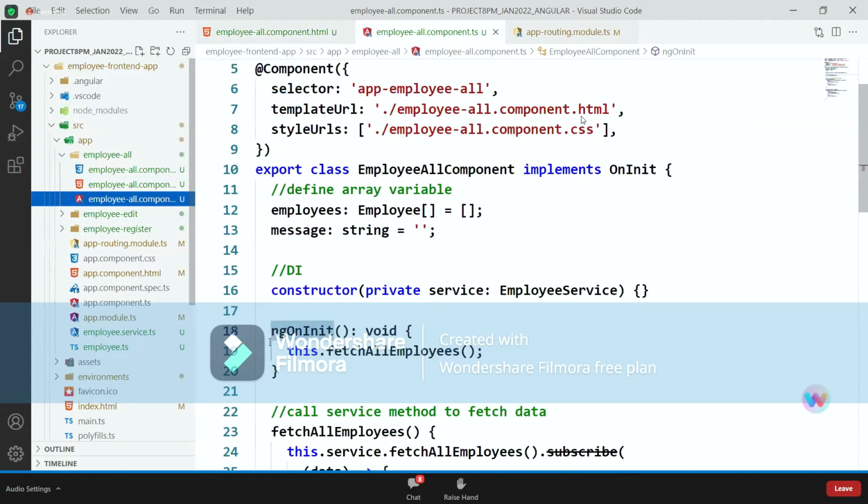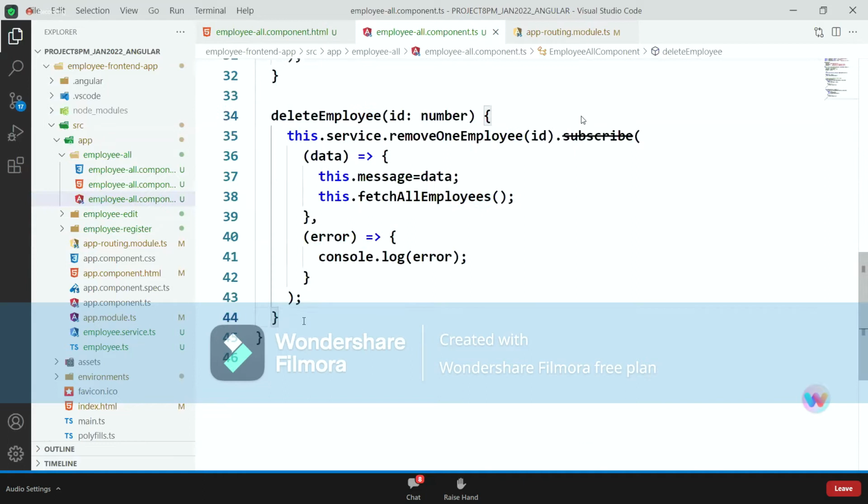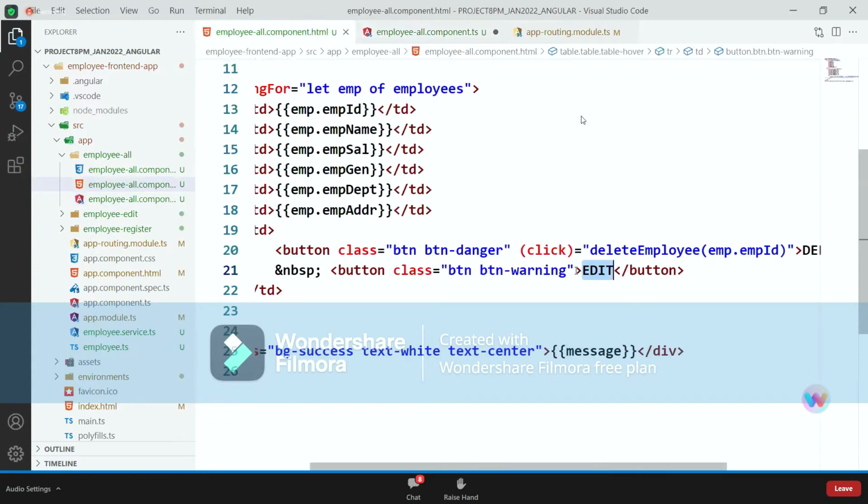There you wrote the delete button, right? In the same way, edit employee. I'm reading the ID, which is of type number. This one I just want to call. Look there, I'm binding to the click event and passing this emp ID.